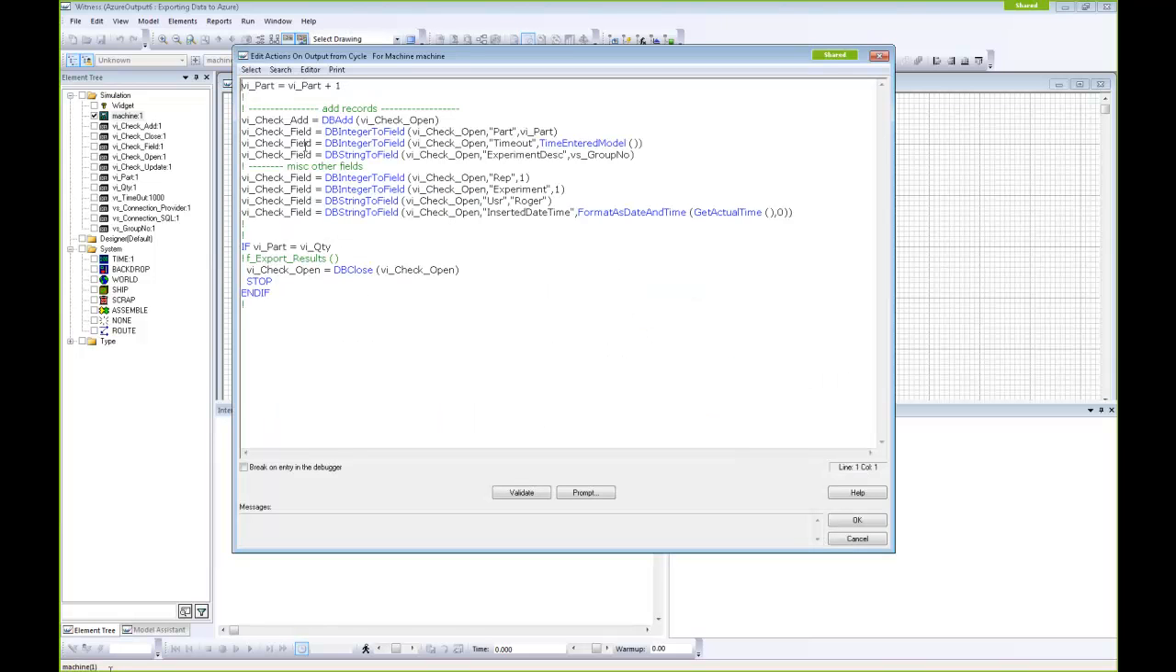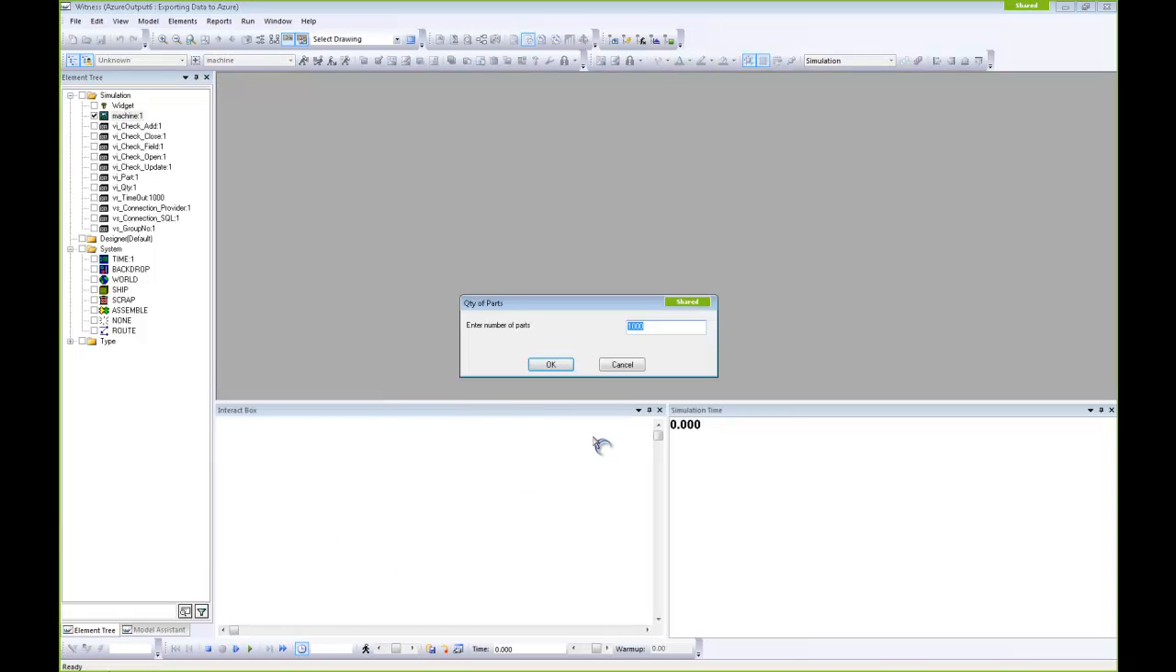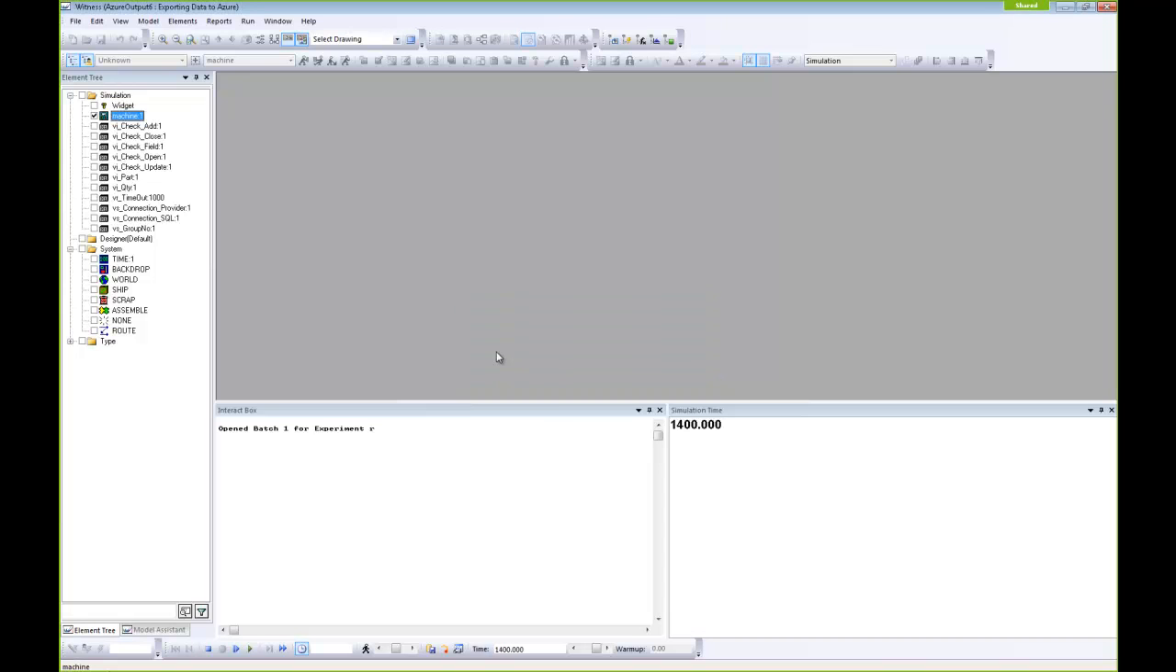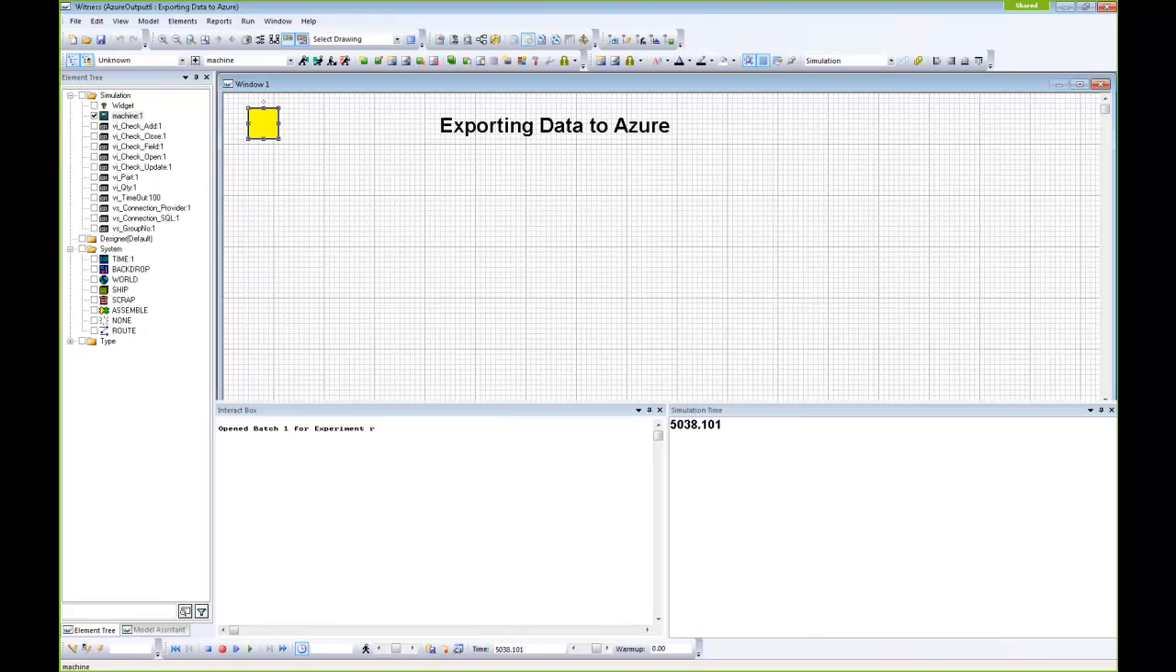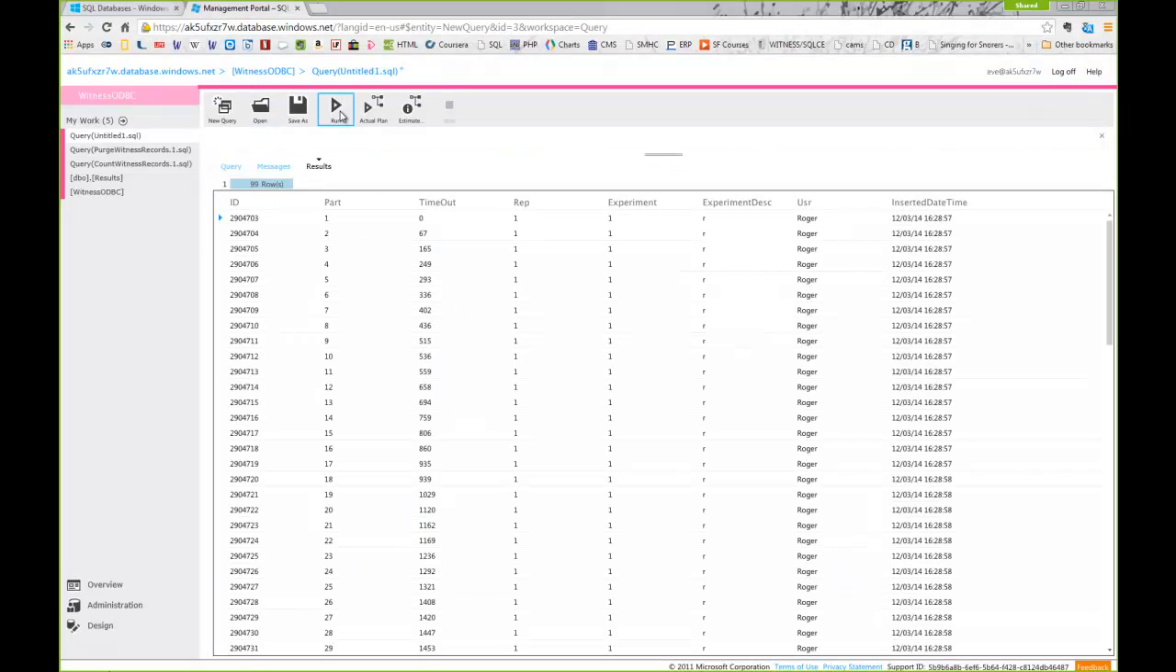So I'm just doing db add, define all the fields, and then it moves on after that and closes at the end. So this model, I'll only run it for 100. Unsurprisingly, across the internet, this is a little bit slower. But if I give it some kind of a join there, and sure enough, when I look in my data here, like that query, there's the results that I just generated from my model. That's been output